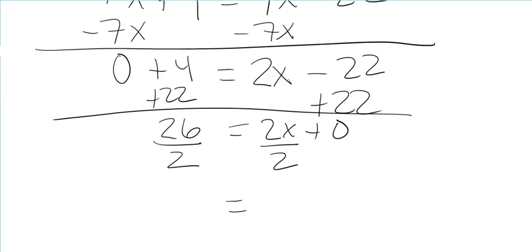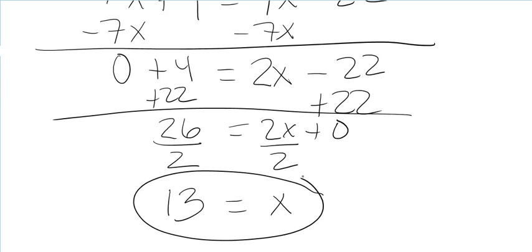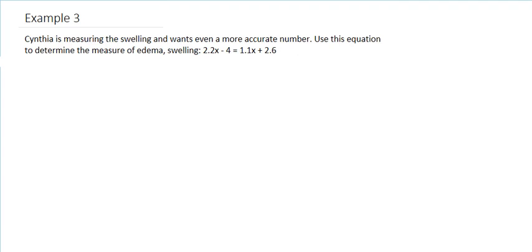And so now we are left with x on one side, because 2 divided by 2 is 1. And 26 divided by 2 is equal to 13. So this is our answer for how much there is swelling. So let's look at another example. So example 3,